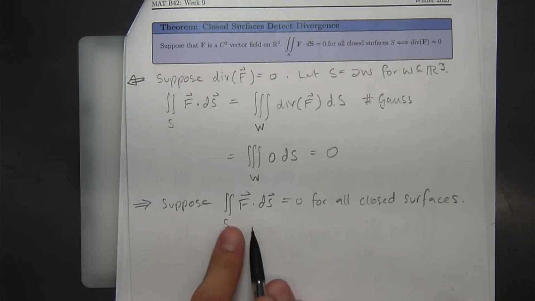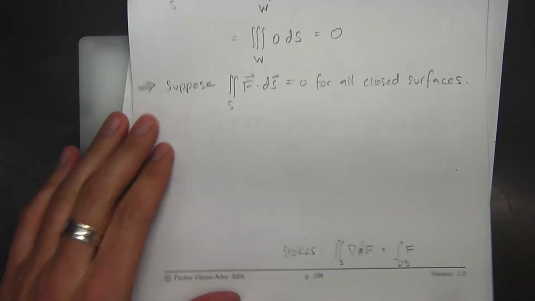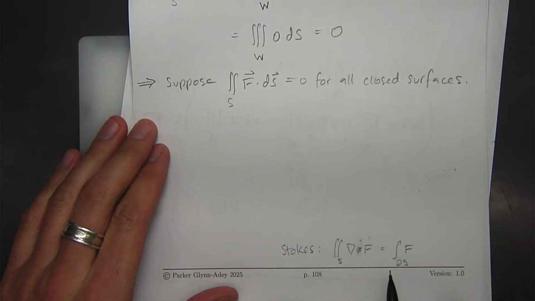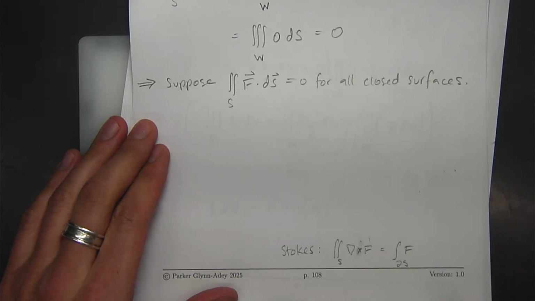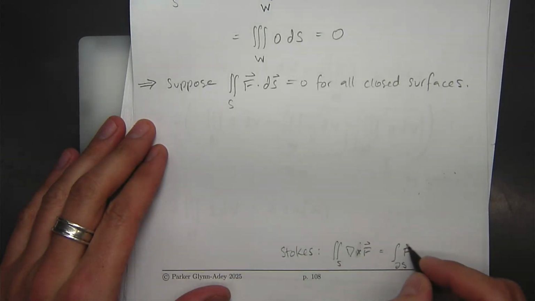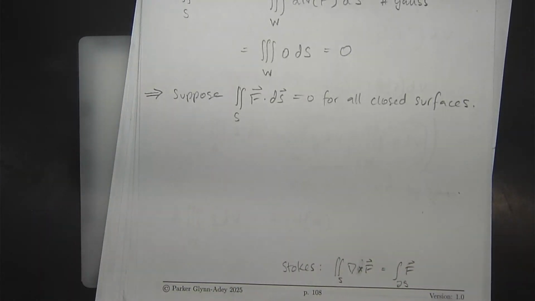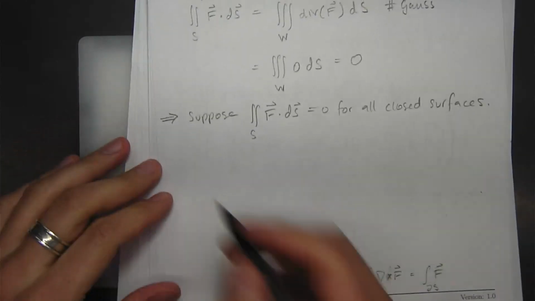If we had a curl, we'd be in a better spot. I wrote the little statement of Stokes down here. So let's say that this thing integrates out to 0 over all closed surfaces, and that our divergence is non-zero somewhere. If there's a spot where this thing has positive divergence,